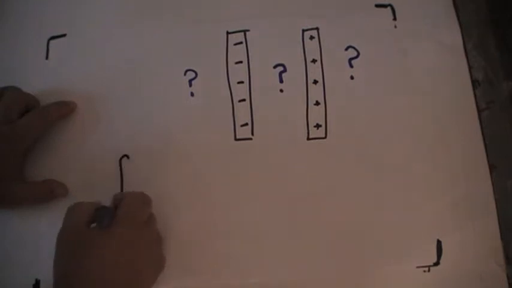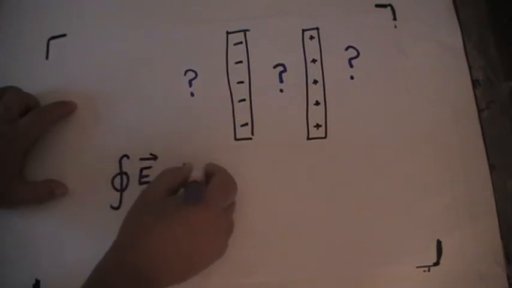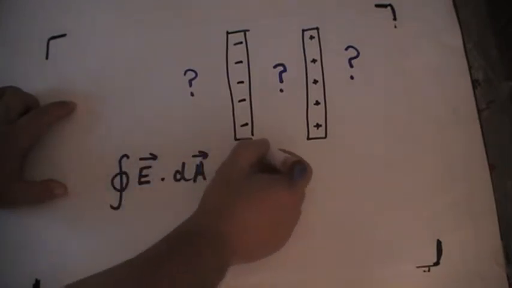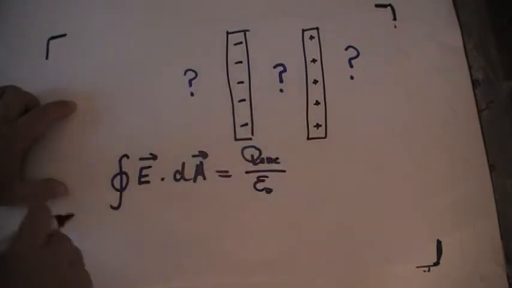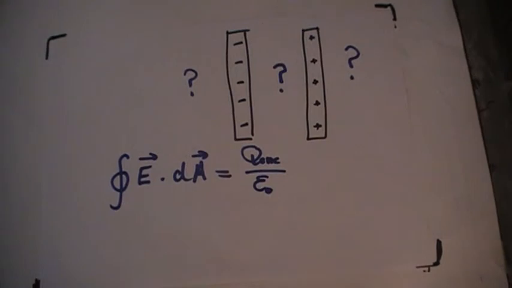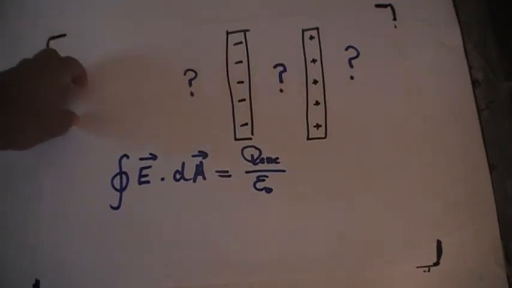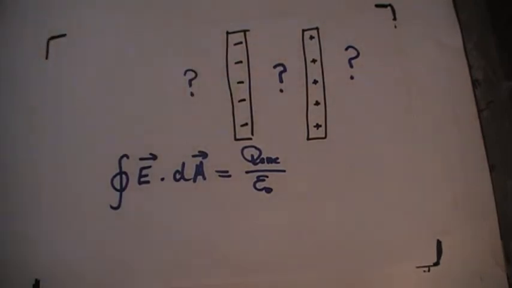If you remember, Gauss's law is defined as the electric field dotted with the area over a closed surface is equal to Q enclosed over epsilon. That's how it is defined. Okay, so let's see how we're going to use that to find the electric field in these three regions. And the way we're going to do that is by first, as suggested in the quiz,